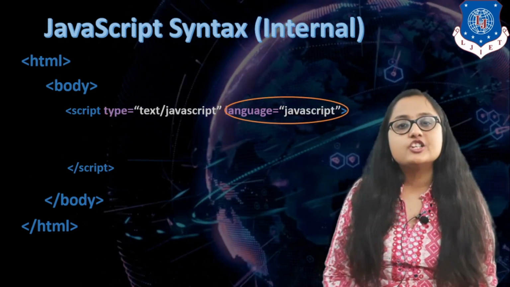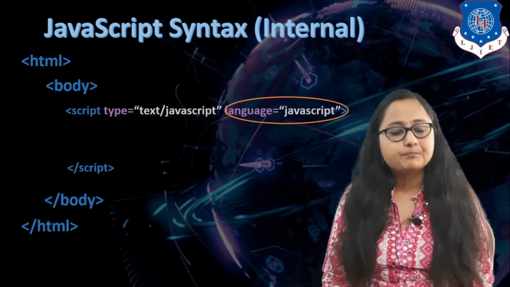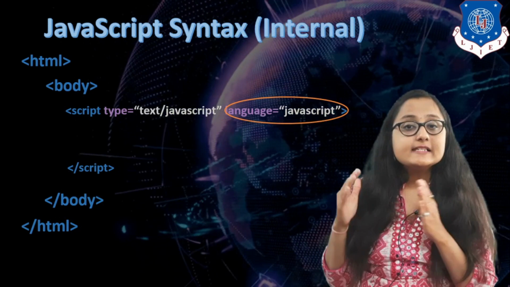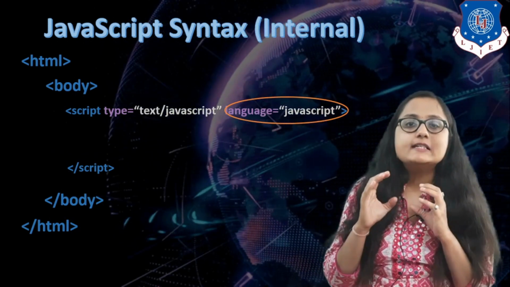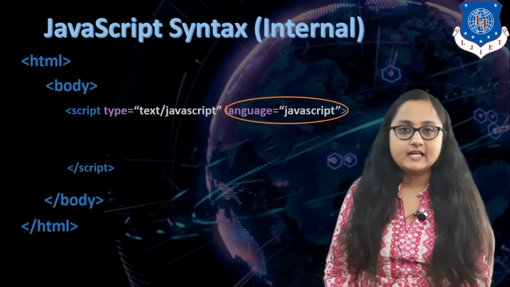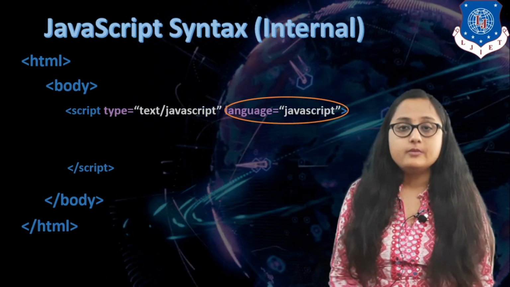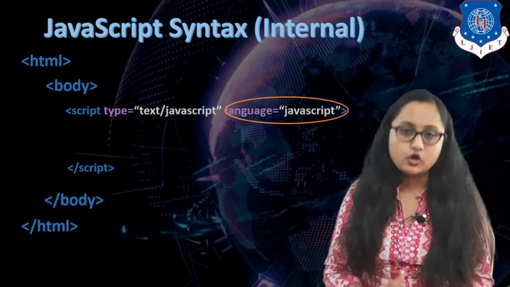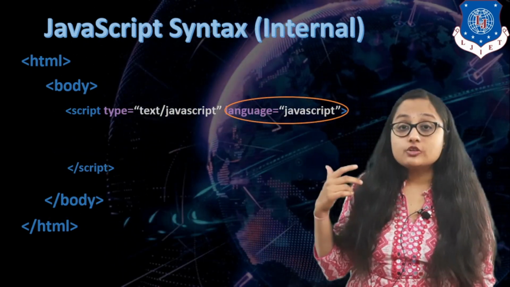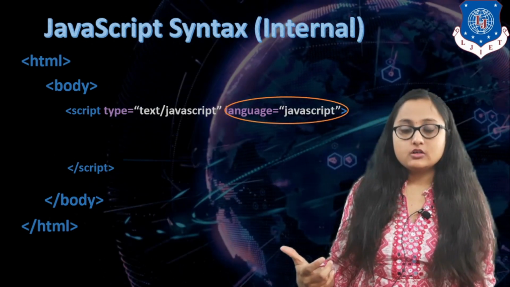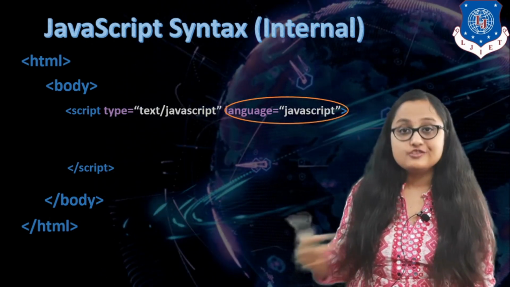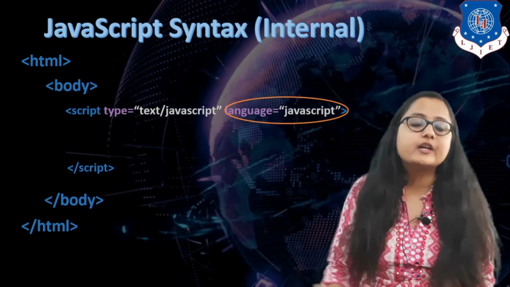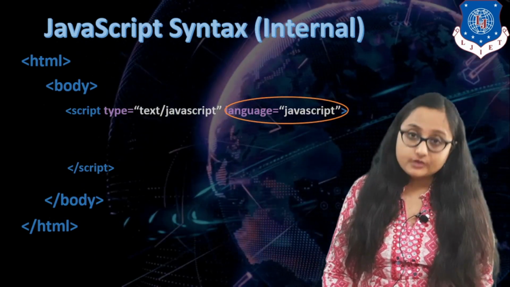The next attribute is the language attribute. What is the language that you are writing? Language is JavaScript, so in the language attribute value you are writing JavaScript. You can skip both of these attributes and you can write only the script tag, script start and script end. That is also okay with all the modern browsers because they understand and interpret JavaScript by default. Clear? But it is a good sign for writing these attributes in examination, so that the examiner gets an idea that yes, you are aware about what are the attributes to be written along with the script tag, right?